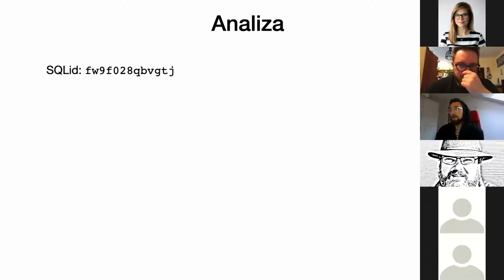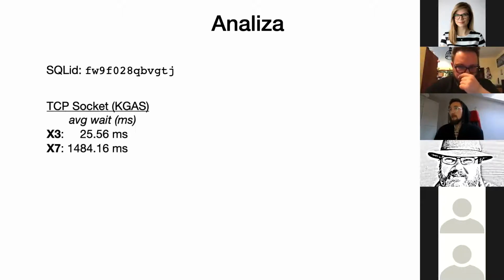So we identified the SQL. Looking at the wait events connected with that SQL statement, we found that the biggest wait event from the time perspective was TCP socket KGAS, which was once more